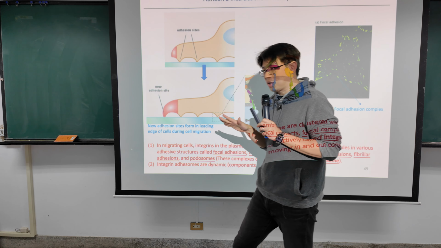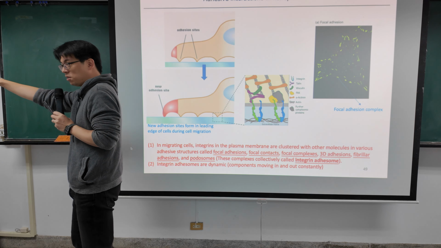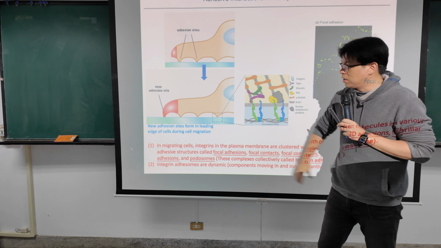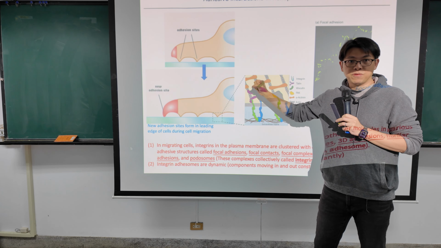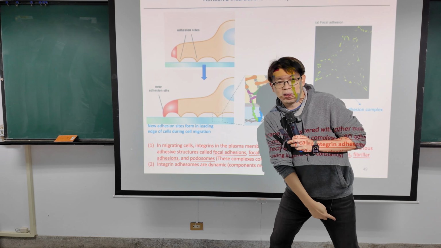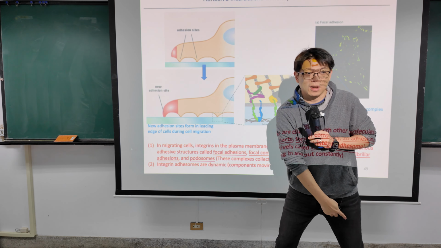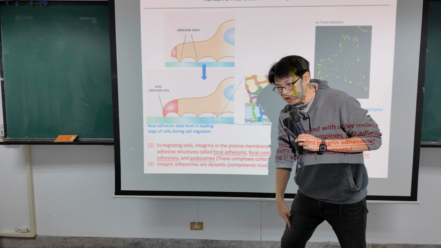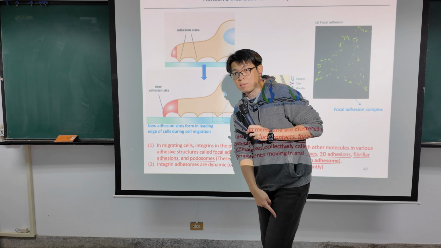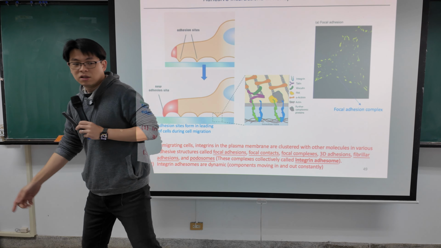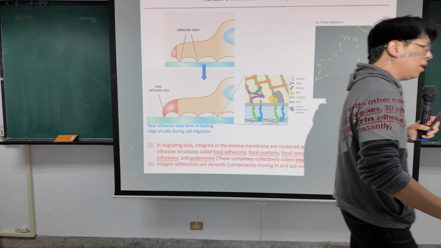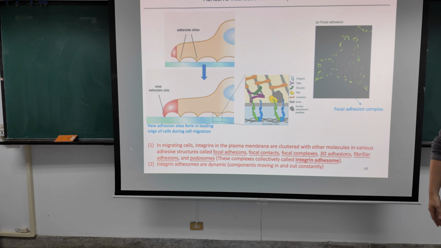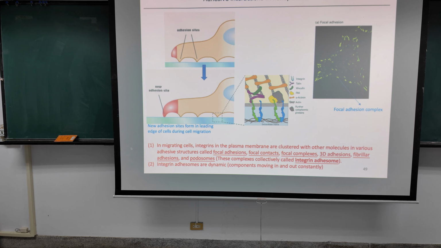Then the whole cell mass will move toward the destination. Okay, and on the other side, they need to remove the adhesion site. Otherwise, if my cell cannot detach from there, I cannot walk further. Okay, I need to form a new step and remove the old step. Okay, then keep walking. So this adhesion site turnover needs to be really dynamic. Otherwise, they cannot move. Just like how we walk, right? Okay, so